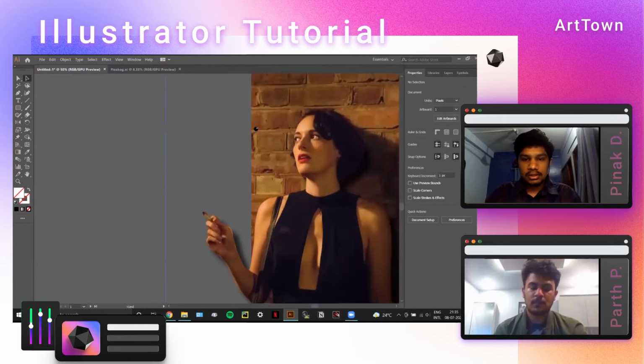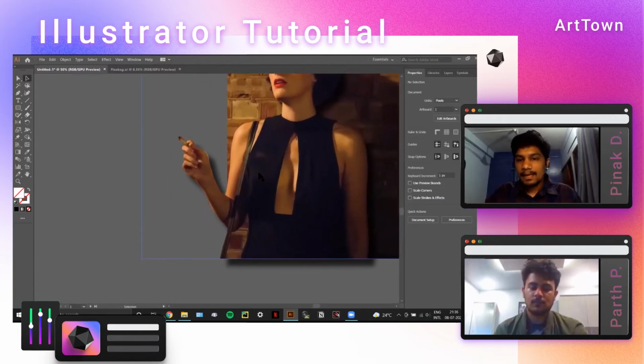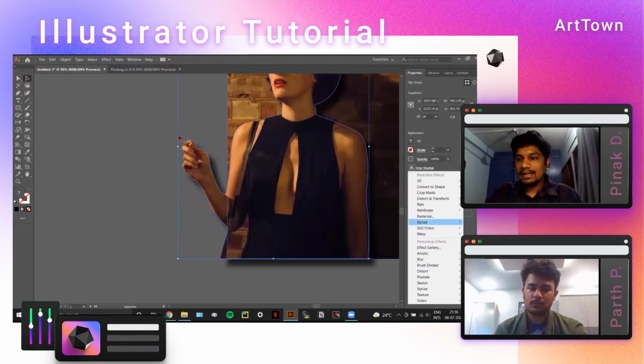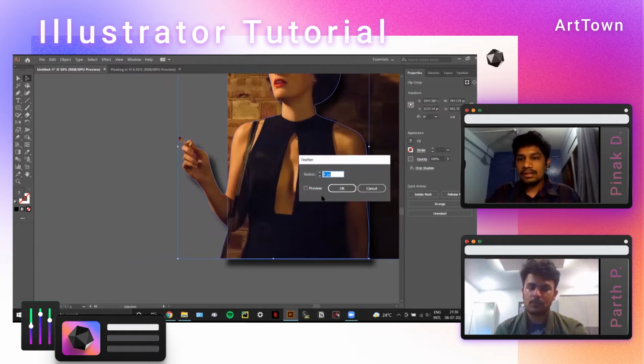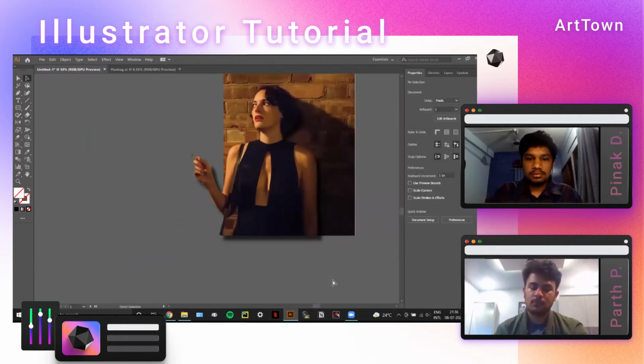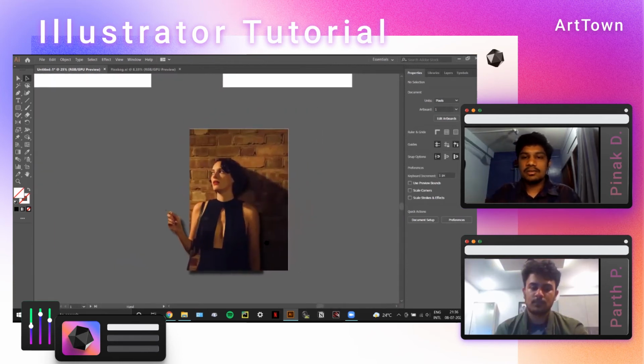Another thing you can do is, if your image is not clipped that well, as you can see here, we have some gaps. What you can do is just add an effect, which is the feather. What it does is it feathers out the edges or simply blurs them out. So this is a much better way to remove them. That was a larger one, so it's quite difficult to get rid of it.